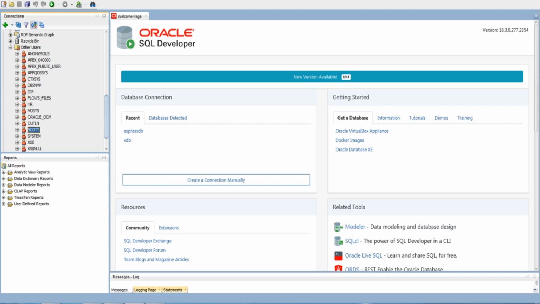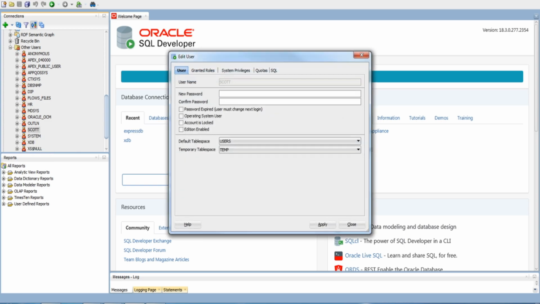You can find your Scott user, HR user. You can right click on the Scott user. Either you can drop the user to remove it from the database, and the entire schema will be removed from your database.